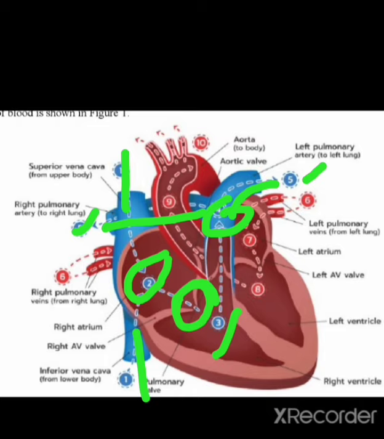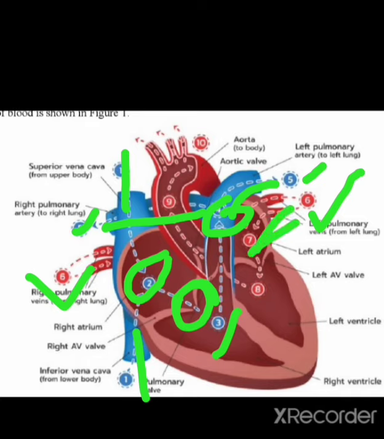These arteries carry deoxygenated blood to the lungs, where the gas exchange takes place, that is carbon dioxide is excreted and oxygen is absorbed. So here is the site, that is lungs, where the gas exchange takes place, that is blood will get oxygenated. Now blood has got oxygenated. Then two pulmonary veins, point number 6 showing here and here, showing pulmonary veins from each lung, carry oxygenated blood back to the left atrium. Point number 7 showing left atrium.